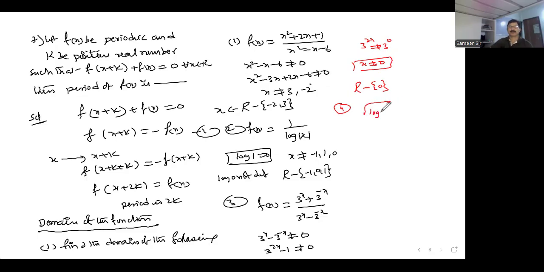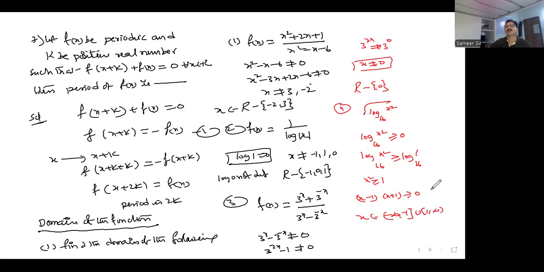इधर से ऐसा दिया समझ भाई, लॉगरिथम ऑफ x² बेस 16 कुछ दिया, ले ले यार कुछ ना होता। क्या होगा यहाँ पे, अंडर रूट में जो भी फंक्शन है वो ग्रेटर देन इक्वल टू 0 होगा। अब यहाँ पे क्या होगा देख, x² बेस 16 ग्रेटर देन इक्वल टू, तो ऐसे लिख सकता 1, 16, बेस बहुत बड़ा है तो क्या होता है x² ग्रेटर देन इक्वल टू 1, सो (x - 1)(x + 1) greater than equal to 0, that means x belongs to (-∞, -1] ∪ [1, ∞)।